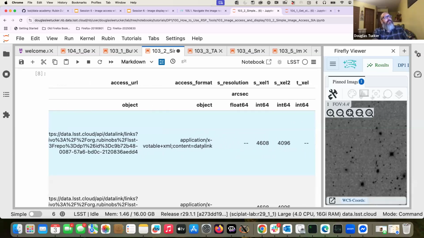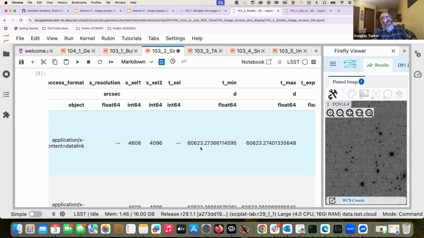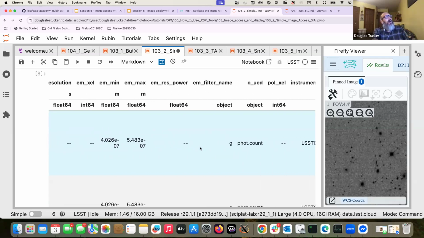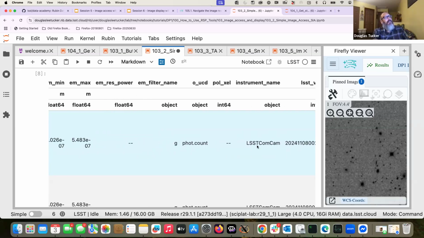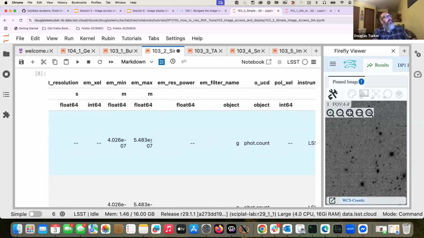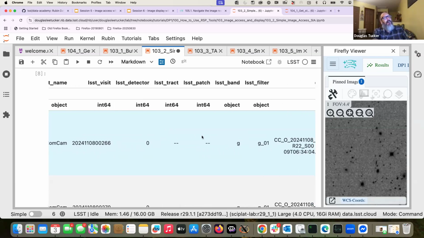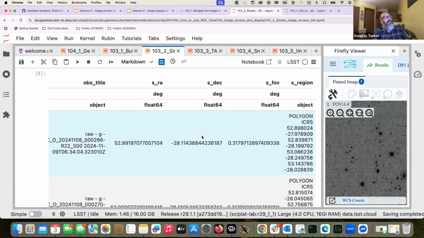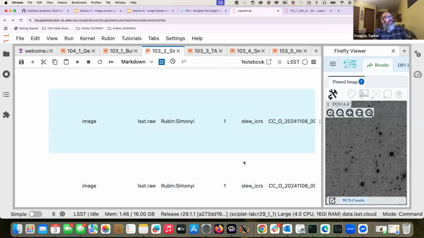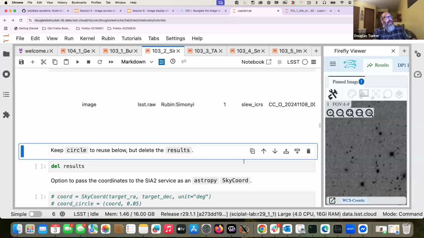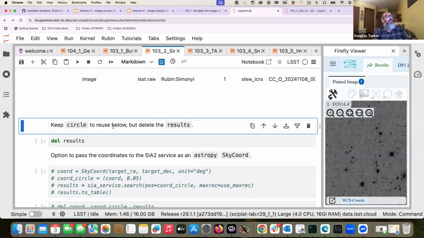They're in the format of a data link. And there's the filter name, filter wavelengths in meters, and it also gives a polygon for the region where it lies. And so we had 3 returned, but okay,